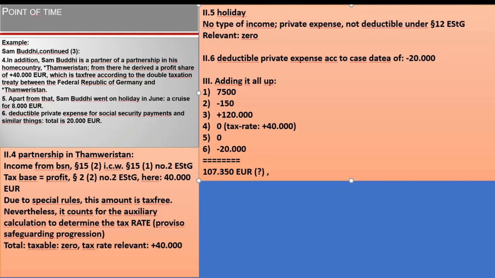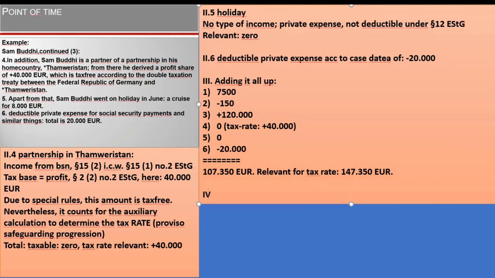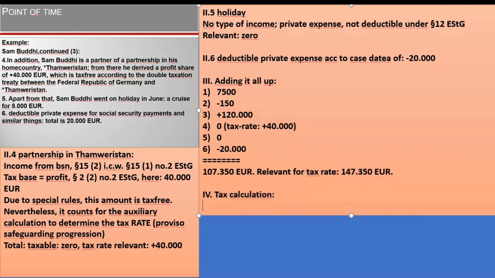7,000... seems to be so. Yes. Oh, impressive. And relevant for tax rate is 40,000 more, so 147,350 euro. Good. Tax calculation. That is now something where we have to go to the